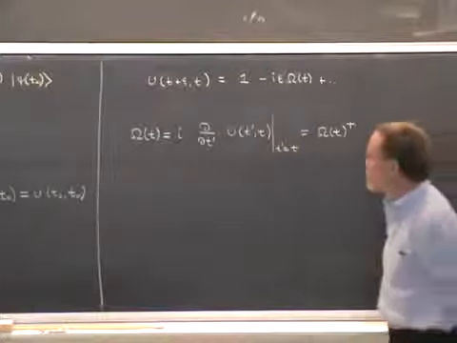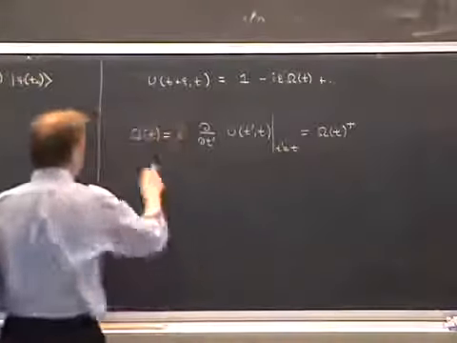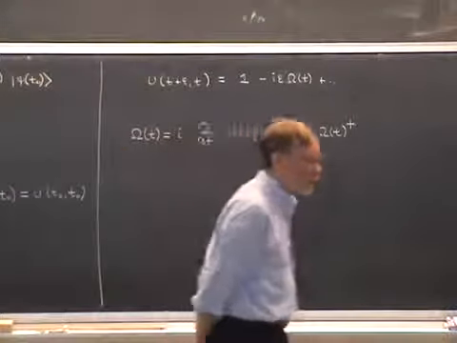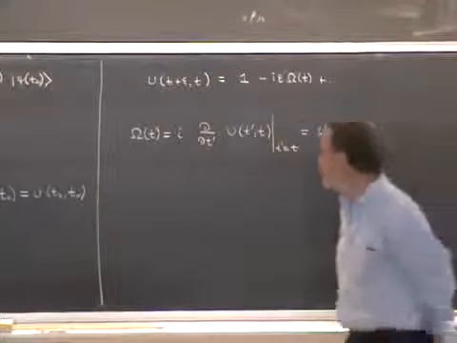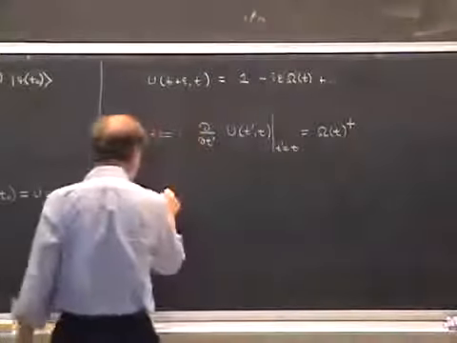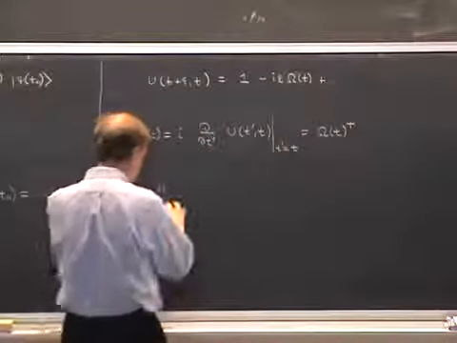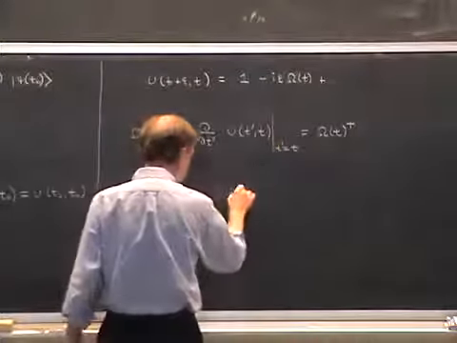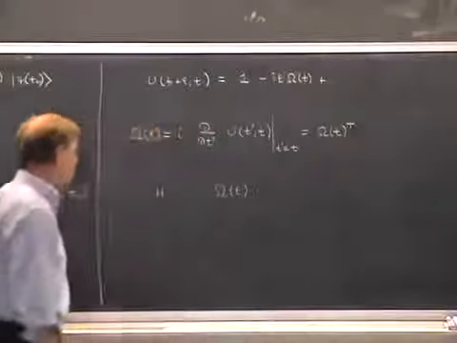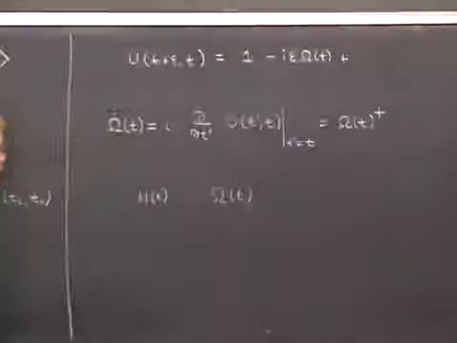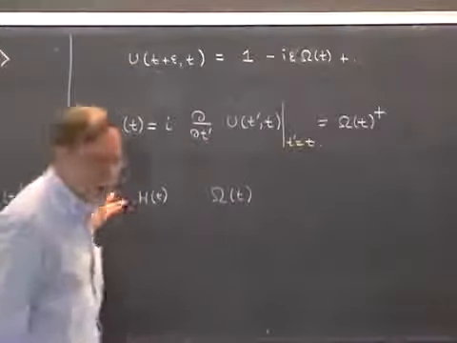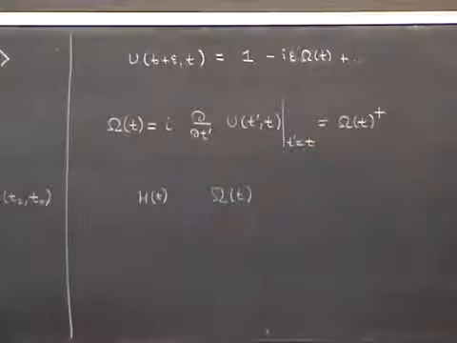And so for these reasons, we suspect that the operator omega, which appears here, should be closely related to what we would consider the quantum Hamiltonian. We haven't defined what a quantum Hamiltonian is yet, but if I call it H, just to give it a name, the idea is that H ought to be related to omega somehow, and omega depends on T here. Since it does, we expect that H will depend on T also. So the suggestion is that the proper definition of the quantum Hamiltonian should be some relationship between these operators.